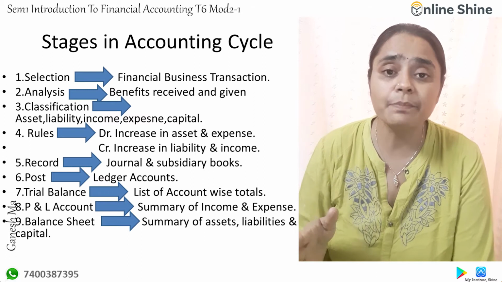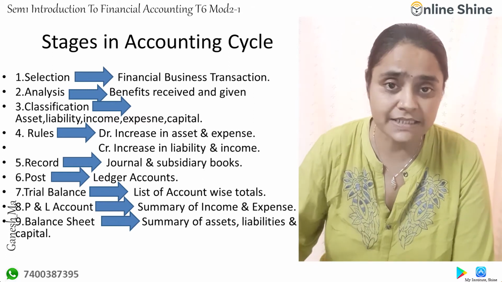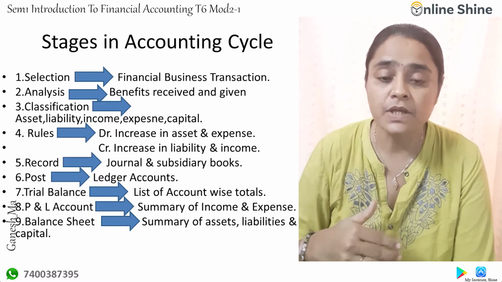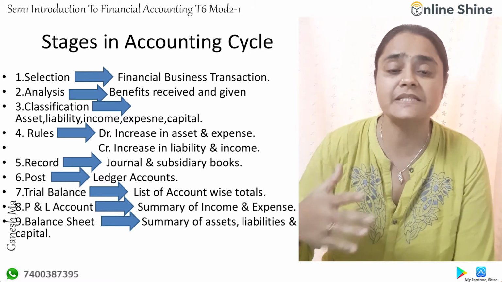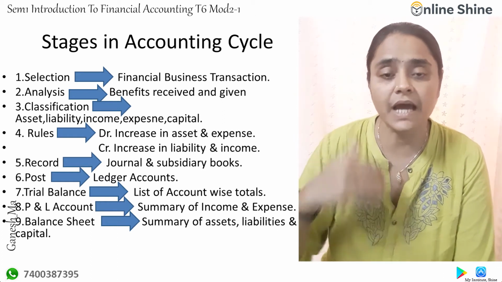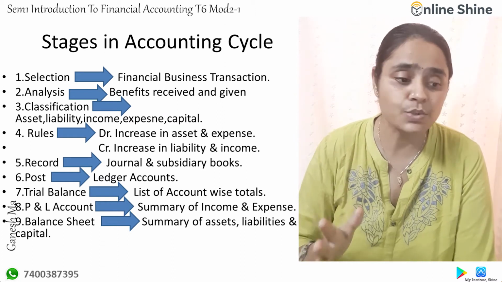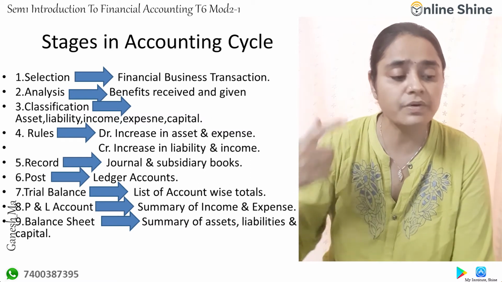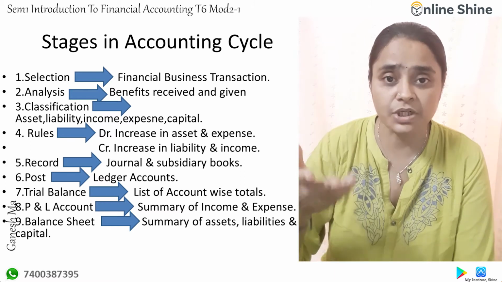Rule means debit all assets and expenses, and credit all liabilities and income. So if your assets and your expenses are increasing, it will be debited. If your liabilities and your incomes are increasing, it will be credited. The fifth one is recording. Recording means you have to record these transactions in your journal, which is a book of prime entry,